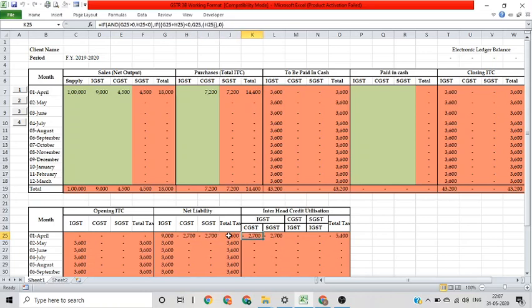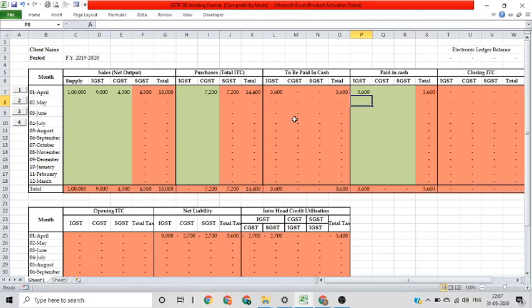So what this table has done, it has adjusted the excess of CGST and SGST against the IGST liability, and net you have to pay 3,600 of IGST in cash. So once we pay 3,600, let's say by cash, our closing liability is 0.